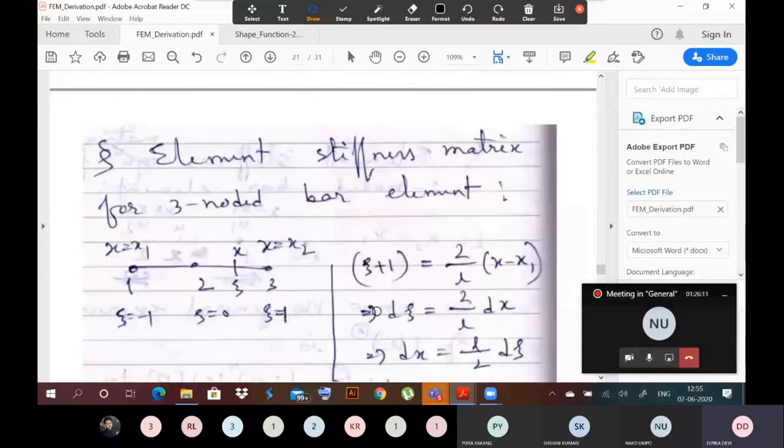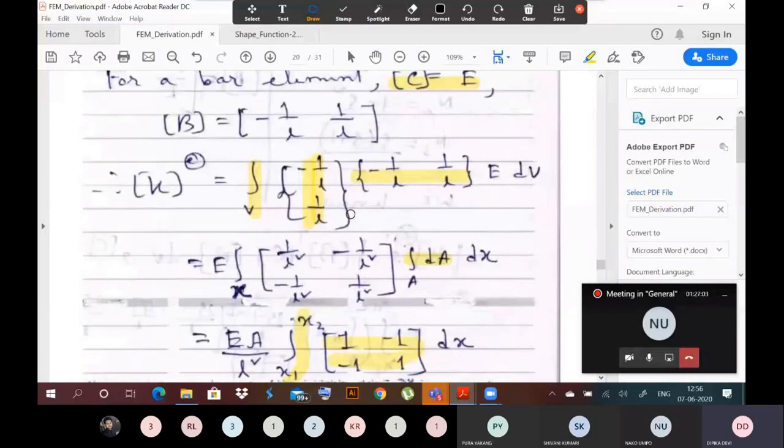Here you see we need integration. Here they are constant, so there is no problem. But if the B matrix here were a function of xi, then we would have to do the integration over xi. So when we derive the K matrix, there will be one integration term. When this integration is there, if these entries are in terms of xi and eta, your integration limits will always be from -1 to +1, because xi and eta values always vary from -1 to +1.